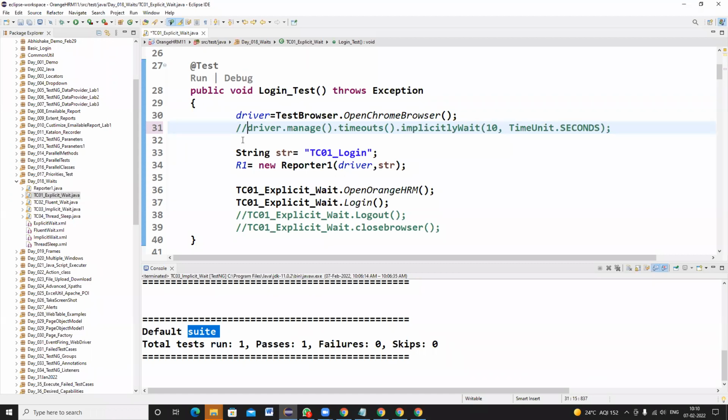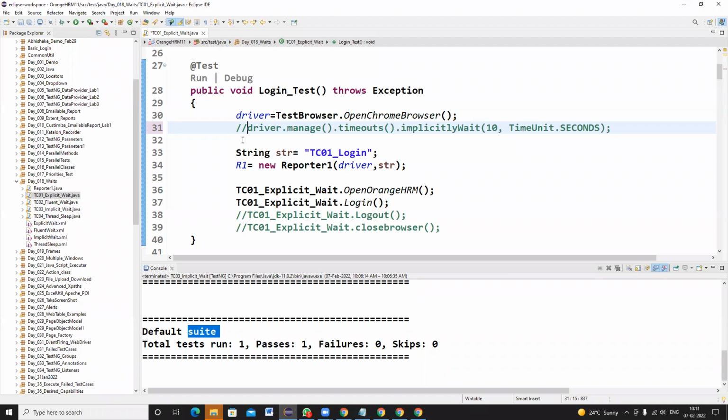Implicit wait is a rule applicable for all the web elements wherever there is a performance issue, and by default the driver will wait for 10 seconds. If it is loading within the default implicit wait time, the driver can handle it automatically. But some web elements exceed the implicit wait time. In such cases, to handle that specific web element, we have to write an explicit wait condition.